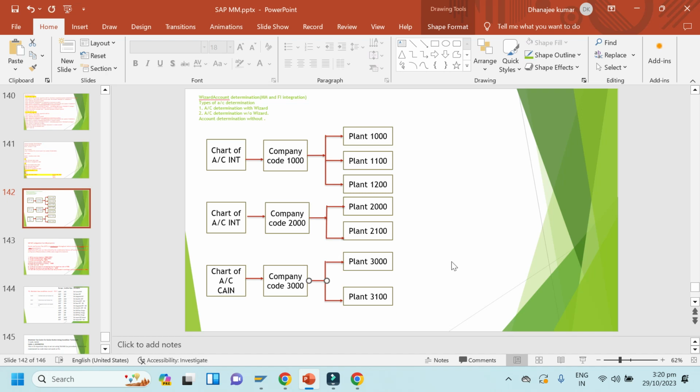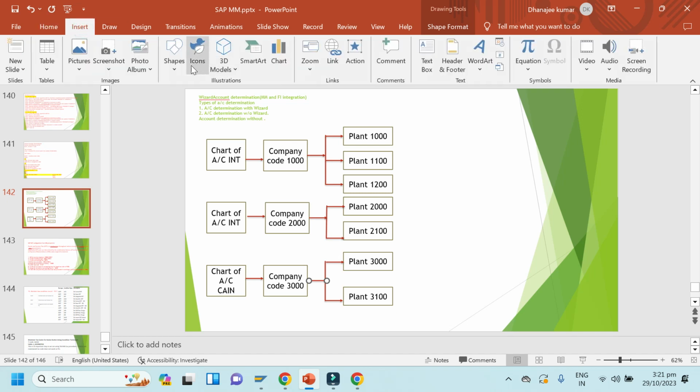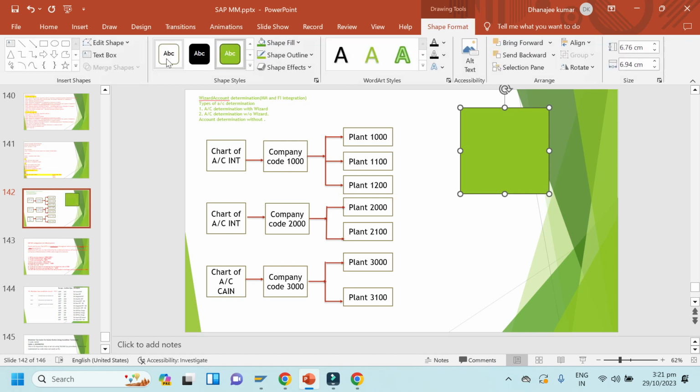So these are chart of account, company code and plants. So next is valuation grouping code. I have given code here 0001.